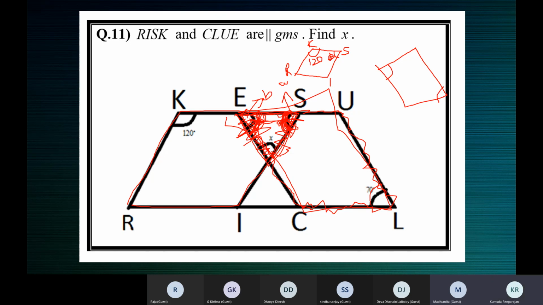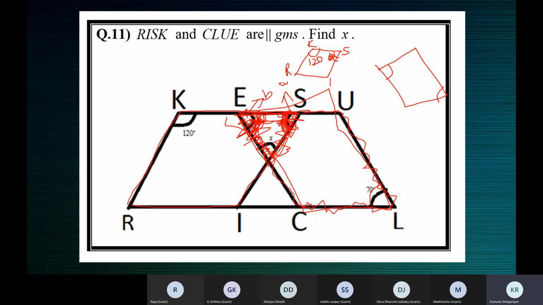This is A, sorry, not B. Ma'am, A is equal to 60 degrees because angle K and angle S are supplementary, ma'am. They are adjacent angles. Yeah, adjacent angles are supplementary. So you should see the parallelogram separately. Look at RISK separately. Then you can make out that 120 and A